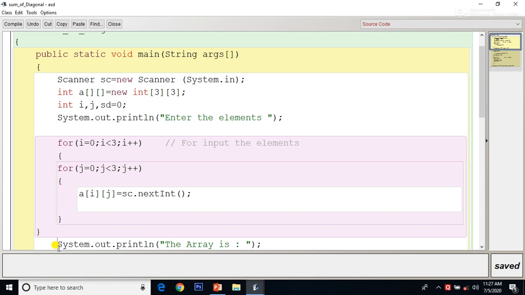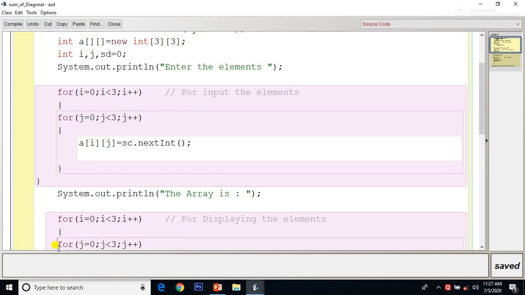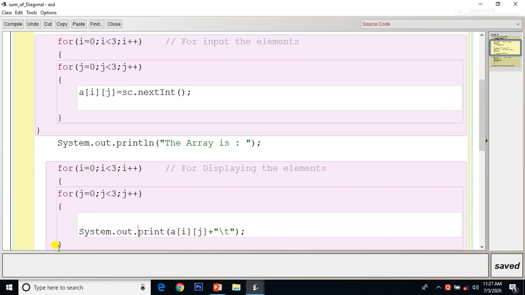Now here I am displaying the same matrix. I am running the same loop. i equals 0, i is less than 3, i plus plus, and curly braces, for j equals 0, j is less than 3, and j plus plus. Again curly braces. I am using System.out.print, not println, since the first row is to be printed, after that the next row.